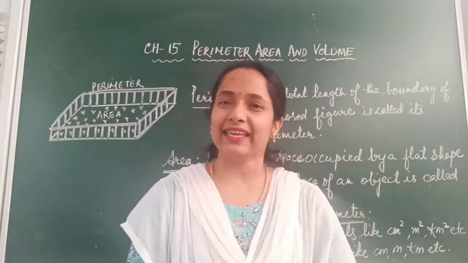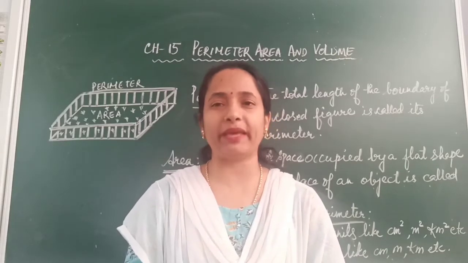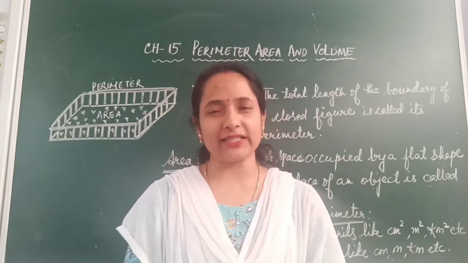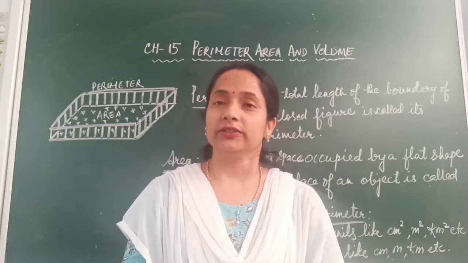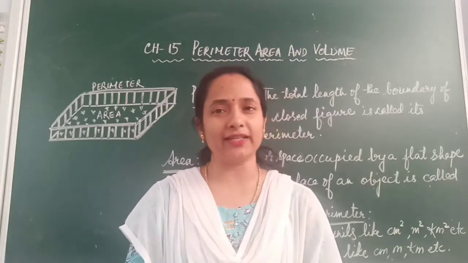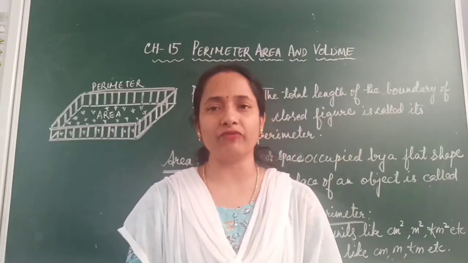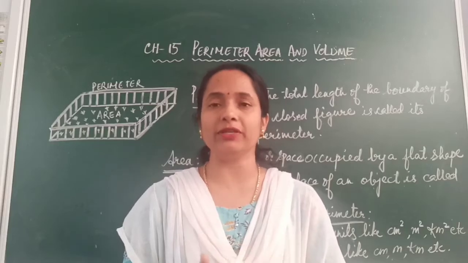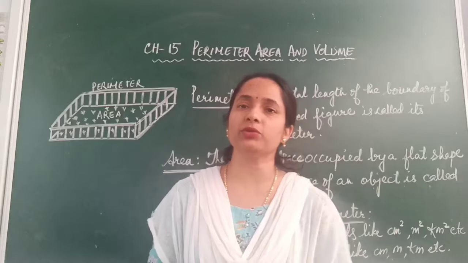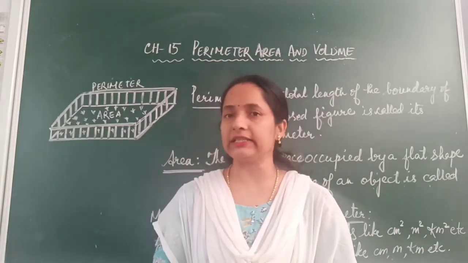To our math class. In today's class we are going to start a new chapter, that is chapter 15, perimeter, area and volume. Children, in the previous classes we have learned about the 2D shapes and 3D shapes. This means the 2-dimensional shapes and the 3-dimensional shapes. As we know, for every 2-dimensional shape we have only 2 dimensions, either length or breadth, whereas for all the 3-dimensional shapes we have the length, breadth, height or depth or thickness, isn't it?